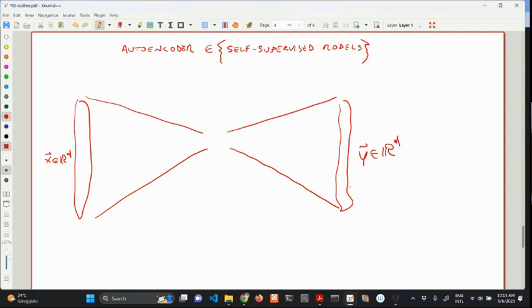What does it mean, self-supervised? It means that the label you use in the loss you are training this model with is exactly the input. It means that if you have a data set, let's say the training set is a set of elements x_i in R^d,